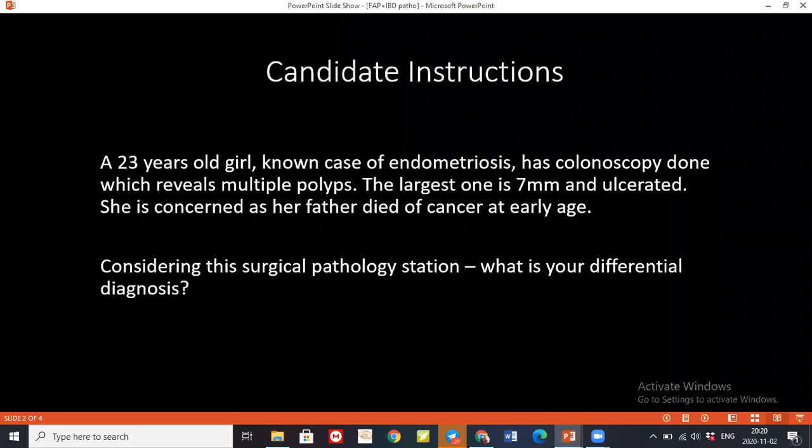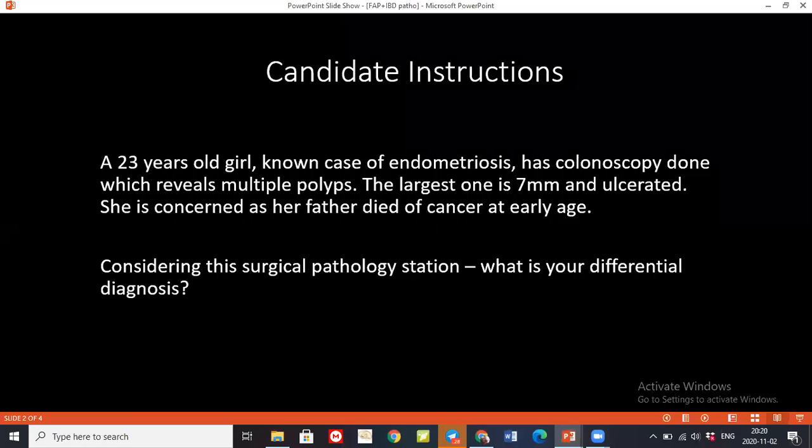Can you explain the mechanism why this patient might feel pain? She has endometriosis and she undergoes colonoscopy and she has polyps. Why would she experience pain? Because fibrosis may occur at the site of the lesion in the peritoneal cavity, leading to adhesion formation